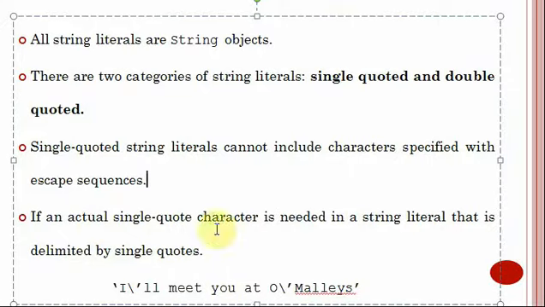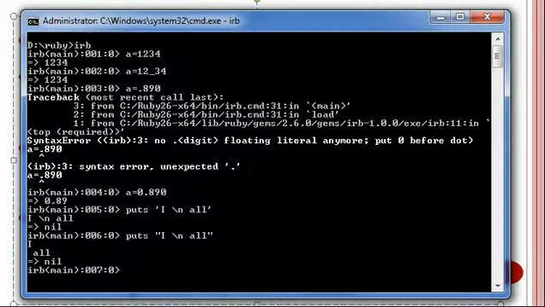If an actual single quote character is needed in a string literal that is delimited by a single quote, what is the meaning of this? You need to have a single quote inside. In such cases, you can use a delimiter. So we'll just try this. We'll try puts, and I'll write I, and I need to have an apostrophe s.